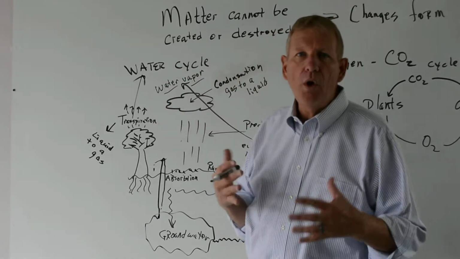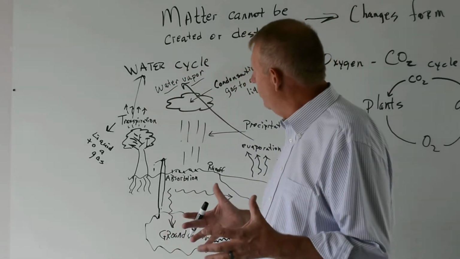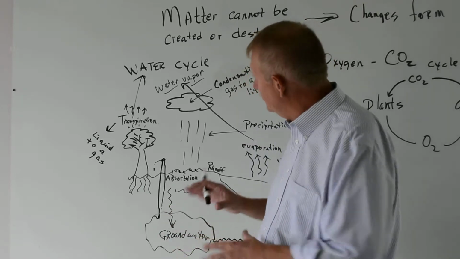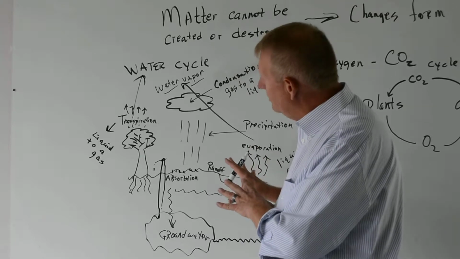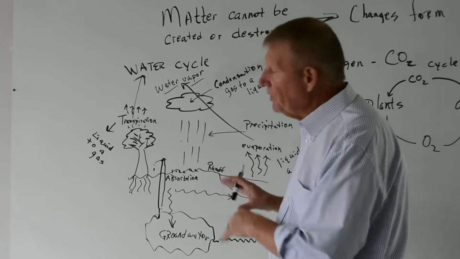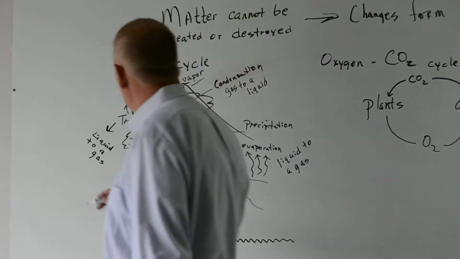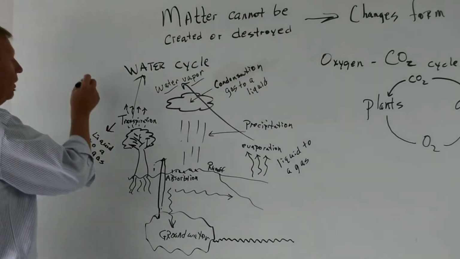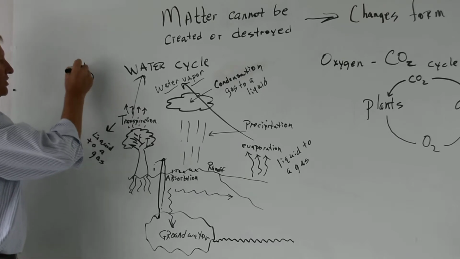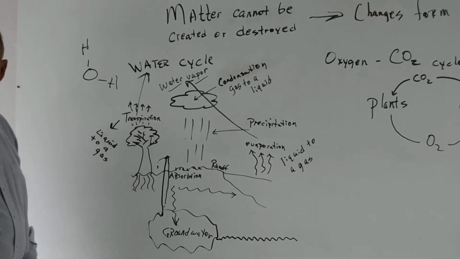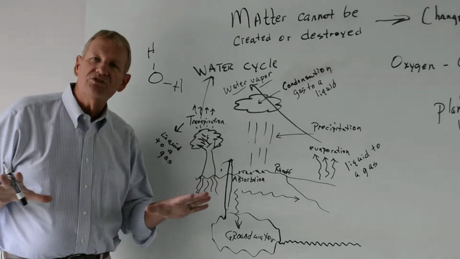Now, I want to go one step closer to more than what you've had in terms of just maybe textbook water cycle. Let's look at a water molecule. So a water molecule, H2O, is made up of an oxygen and a hydrogen and a hydrogen. Now here's why nothing can exist without water.